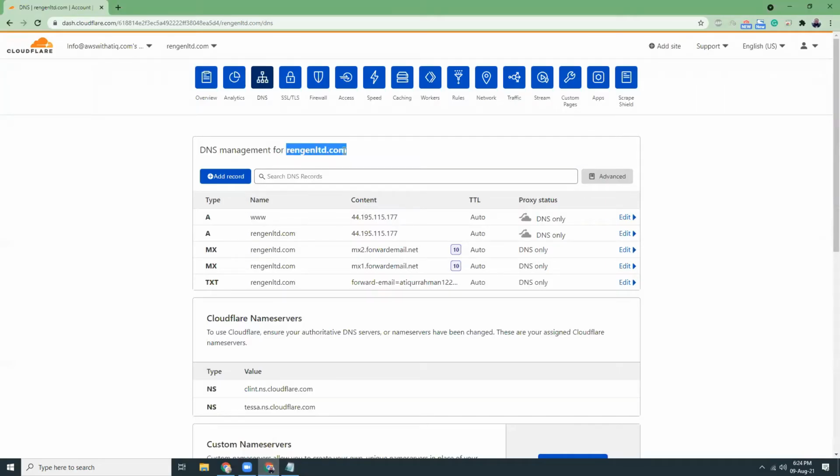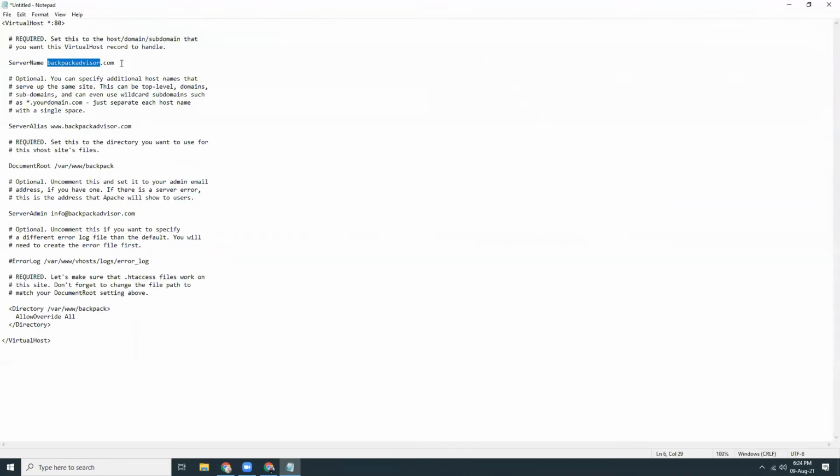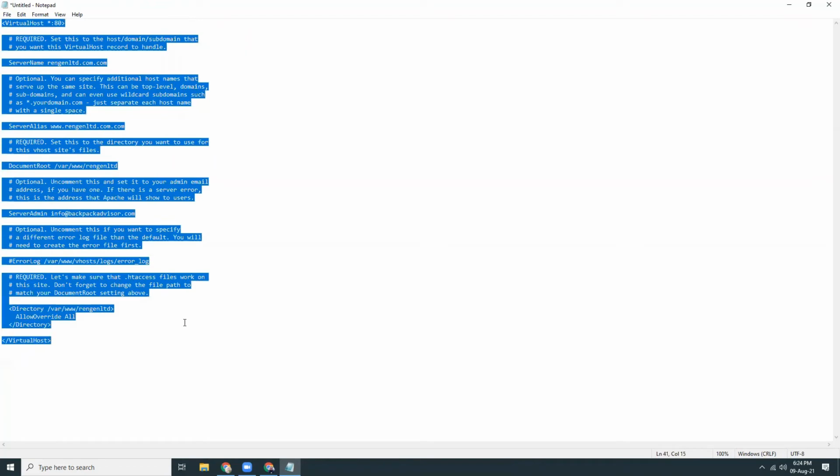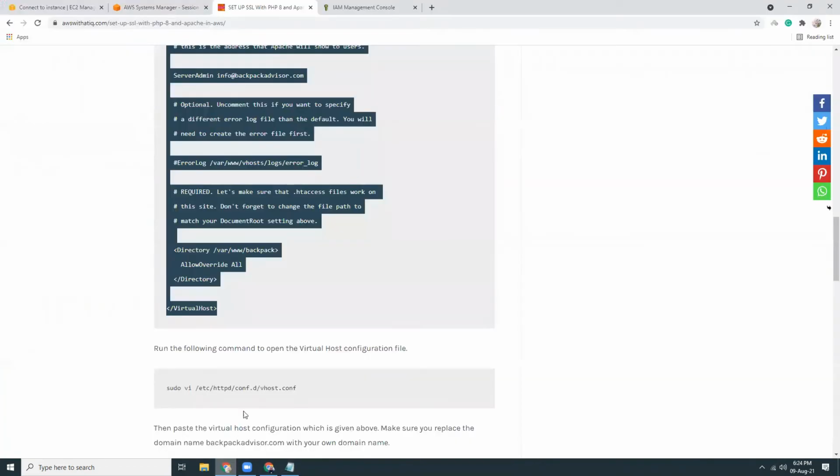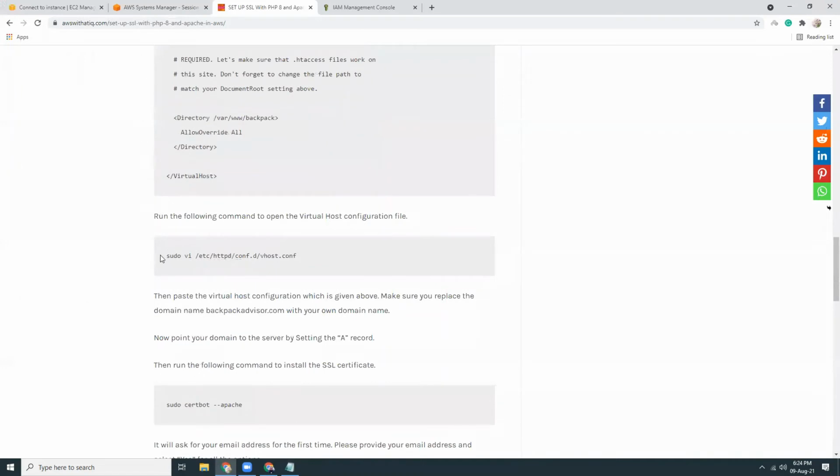This is the domain name, and I need to replace here, here, and then here, and here. So that's fine. Let me copy, and I need to open this file.